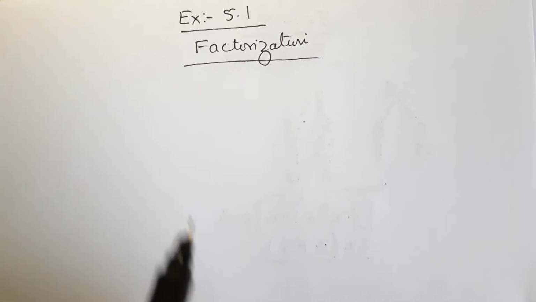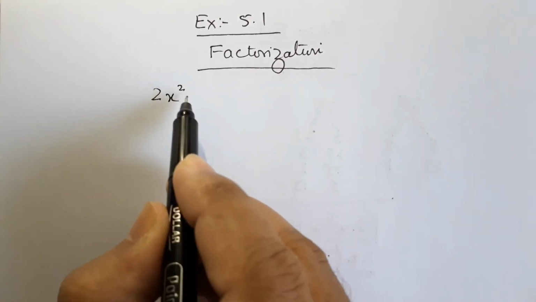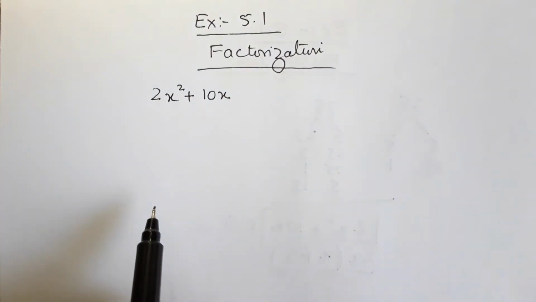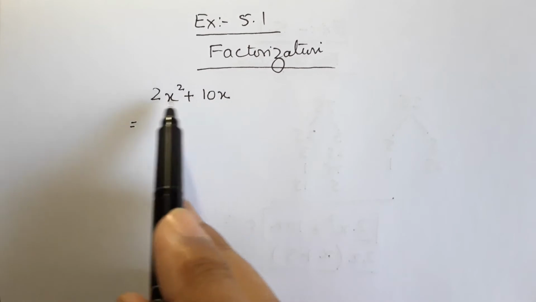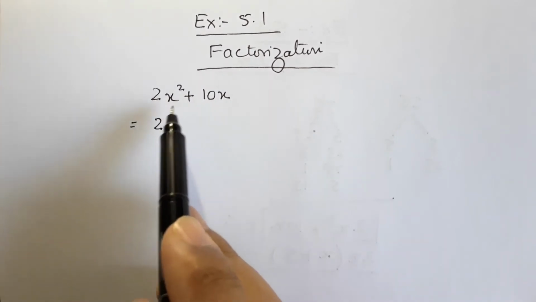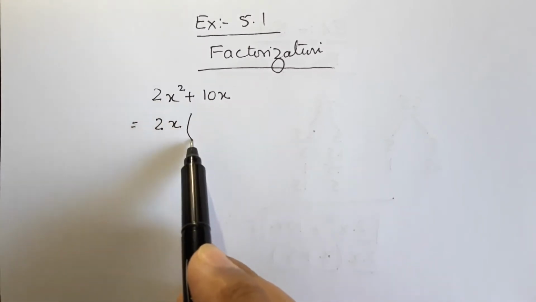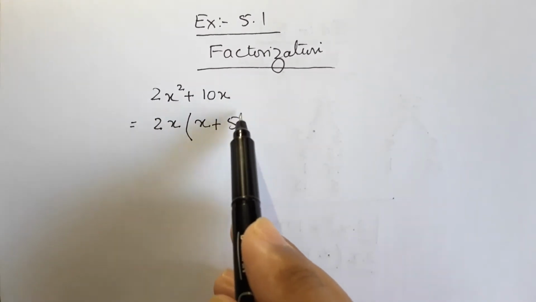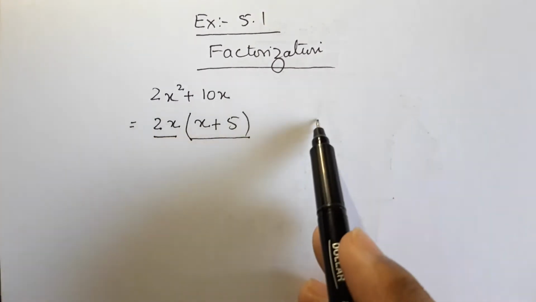expression again. For example, there is an expression 2x square plus 10x. This is an algebraic expression. In the process of factorization, what will we do? First of all, check the coefficients 2 and 10. Here 2 is common because 2 5s are 10. Then x square and x, the variable x is common. Now what are the remainings? x plus 5. Now these two values 2x and x plus 5 are the factors of